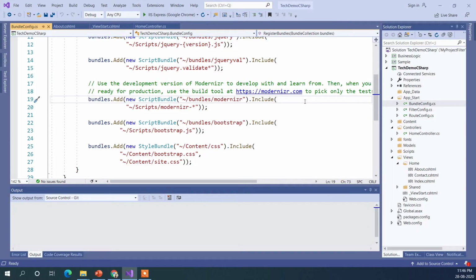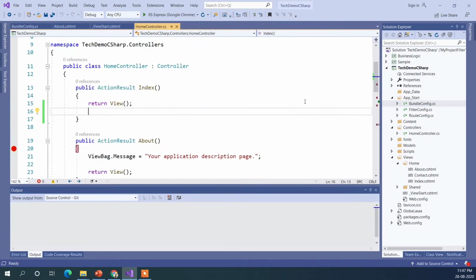What I can do is use Control Shift Backspace, and it will take me to the last editing location. So you don't need to keep remembering all those things. It will just get back to you. One thing you need to always remember is that you need to type something there, so that Visual Studio knows that you are editing something here.